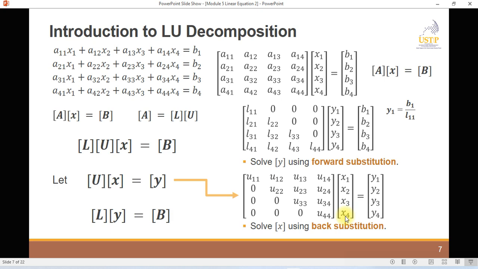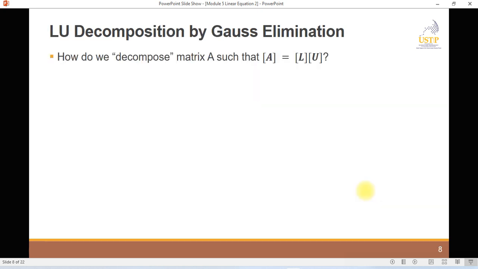Okay, so you will solve using the equation u44 multiplied by x4 is equal to y4. And then just by dividing u44 on both sides, we will have x4 is equal to y4 over u44. And then you will just continue solving upwards until you solve for all the values of x's. Given that you solve for all the values of x's, you are done solving the linear equation. Okay? So how do we decompose matrix A such that matrix A is equal to matrix L multiplied by matrix